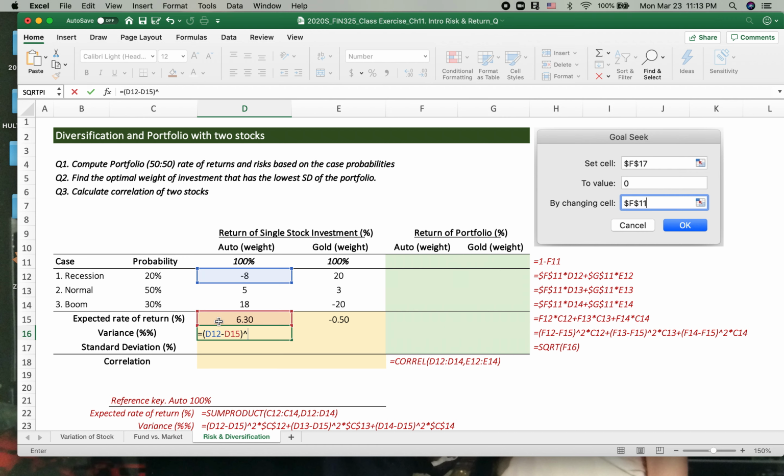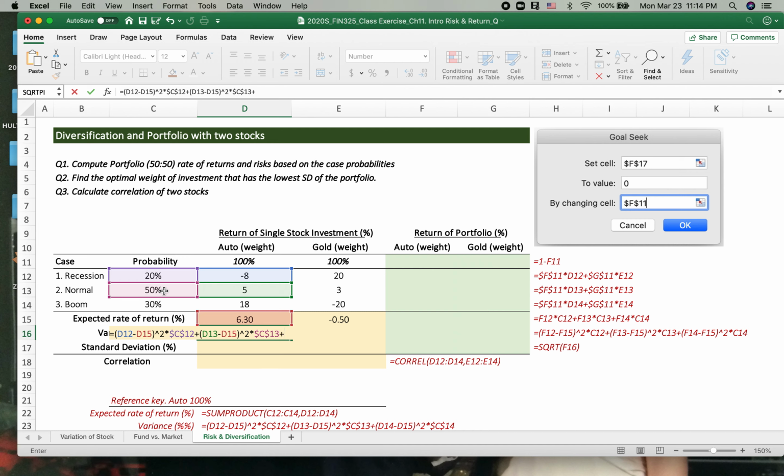So we want to remove the negative amount by putting it to the power of 2 and times the probability, and I want to fix it to use this function on the gold, the variance calculation, plus the same way, the 5% minus the expected rate of return and to the power of 2 and times the 50% probability with fixed